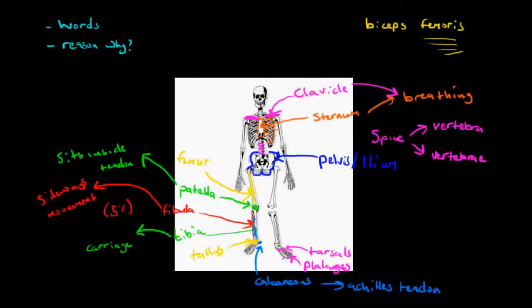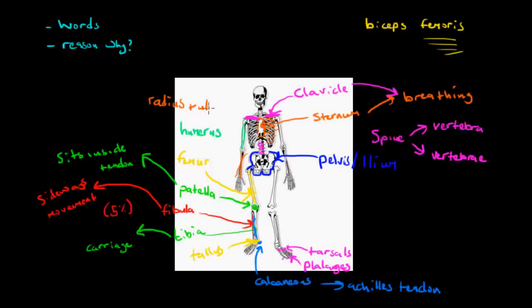Okay, moving into the arms now. Let's have a look at the arms. It's sort of minty green here. I have the upper arm here, a little bit like the femur in the lower body, but in the upper body, in the arm, we call it the humerus. The humerus, and then into the lower part of the arm, we have two bones in the arm. We have the radius, and we have the ulna. So we have the radius,